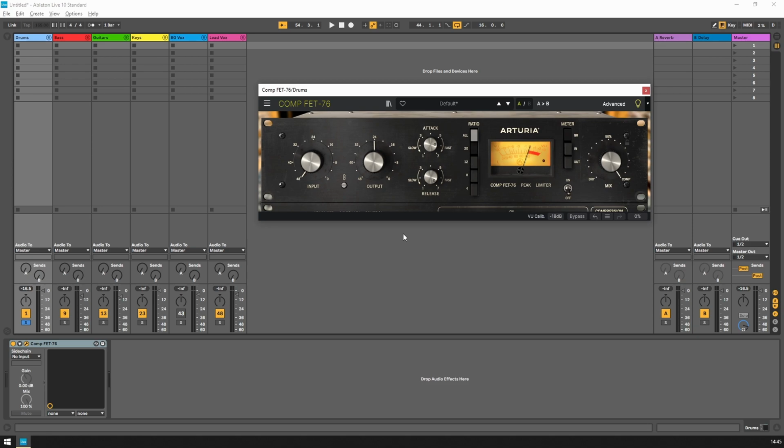I'm going to run through some quick audio examples. I've got 3 or 4 tracks here that we'll listen to, and then I will show you a bonus tip regarding vocals. So first up are some drums. This is completely bypassed. There are no other effects on this apart from the compression. And if we start off at 4:1 and bring the input up,